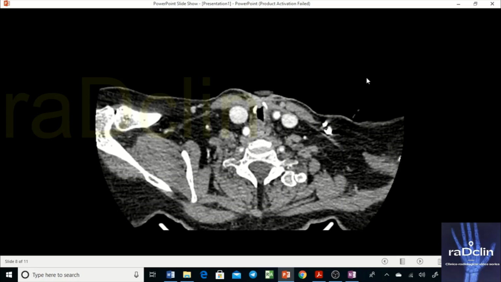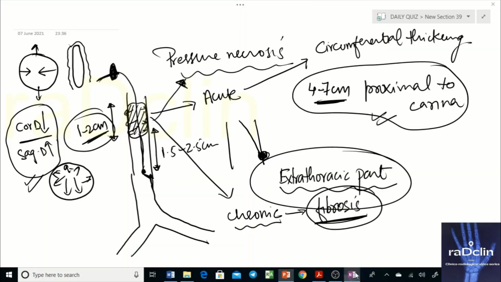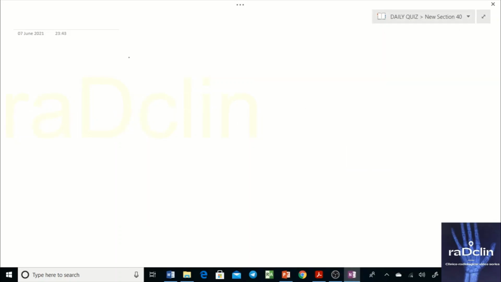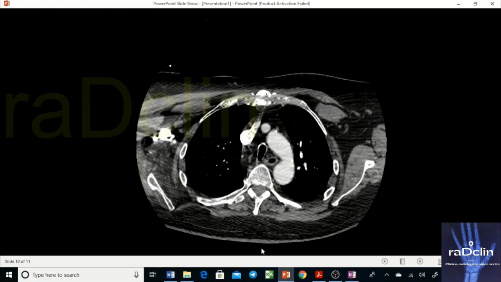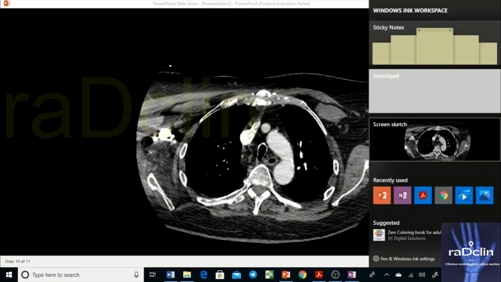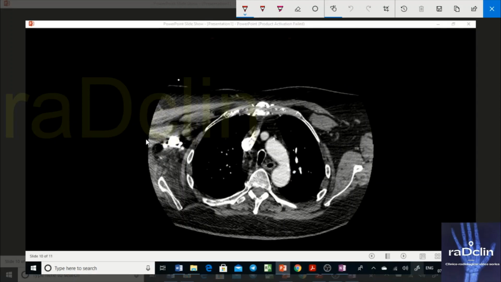Okay, so that was about the tracheal stenosis that we discussed. Now the next thing that we need to discuss, let's discuss it with this image. Okay, if you look closely at this image, I just showed you tracheal stenosis, and I told you that on cross section this trachea looks like this. In chronic tracheal stenosis to be specific, the trachea becomes like this. Now this trachea is also like this only.